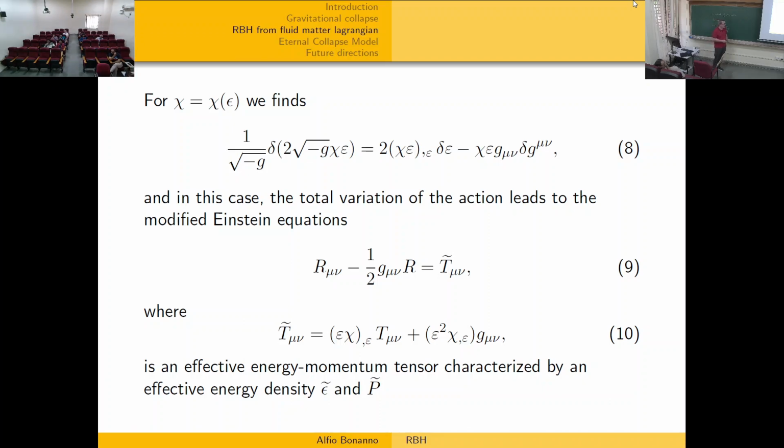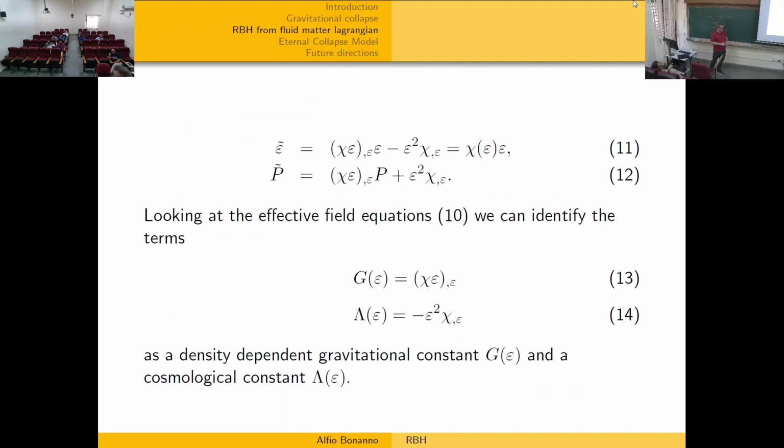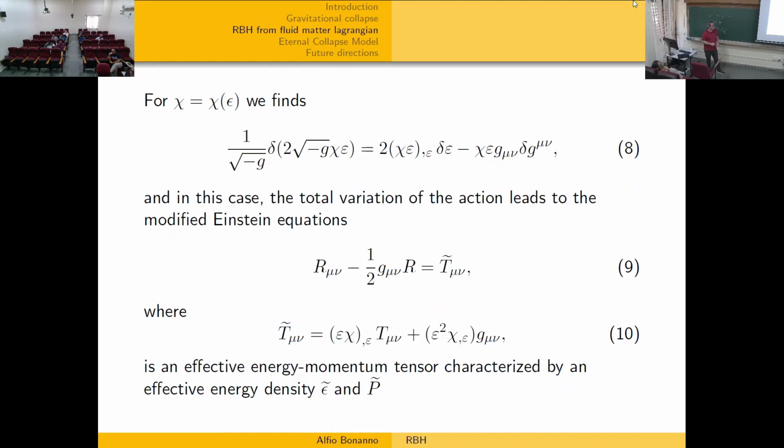So what to do now? I have a Lagrangian framework. If I know how this gravitational constant changes with energy, then I can try to build a dynamical model of regular black hole. So this epsilon, this energy, is this some external parameter that is put in, or is it? No, it's just a matter